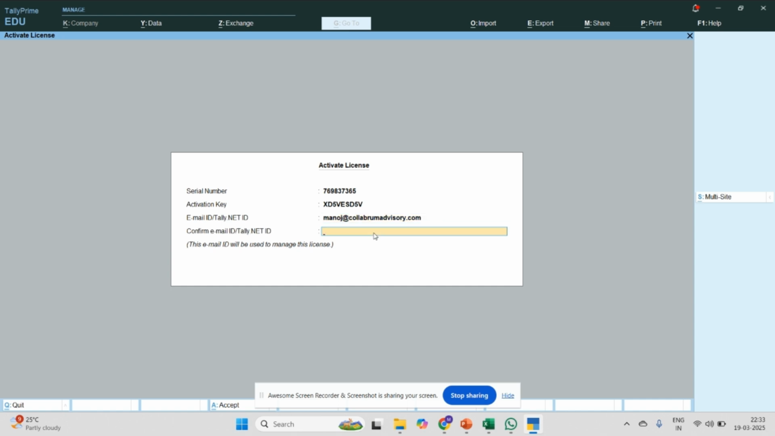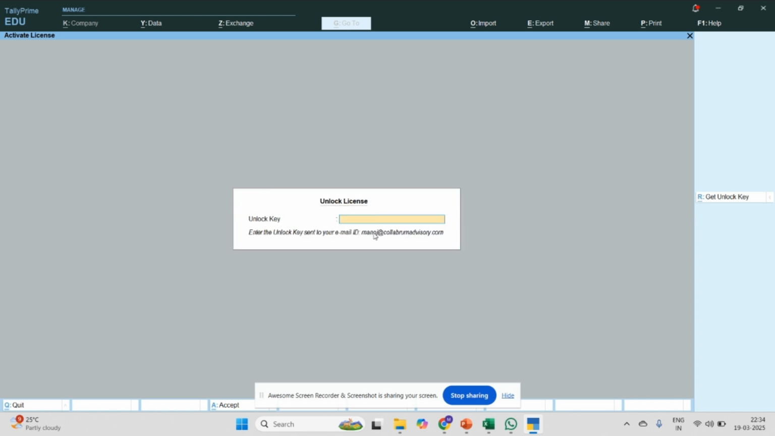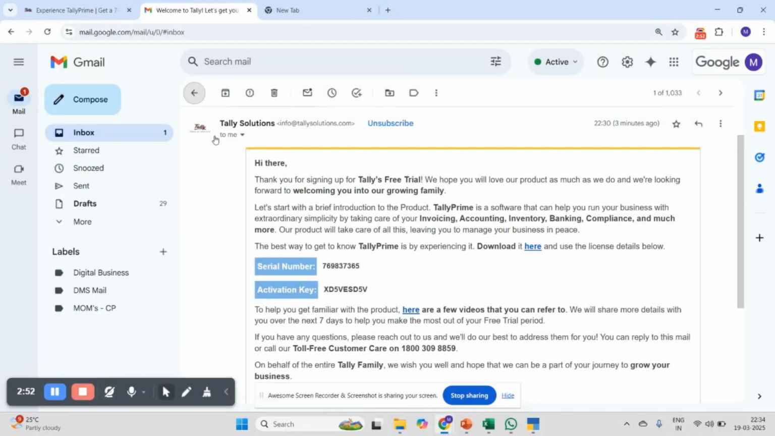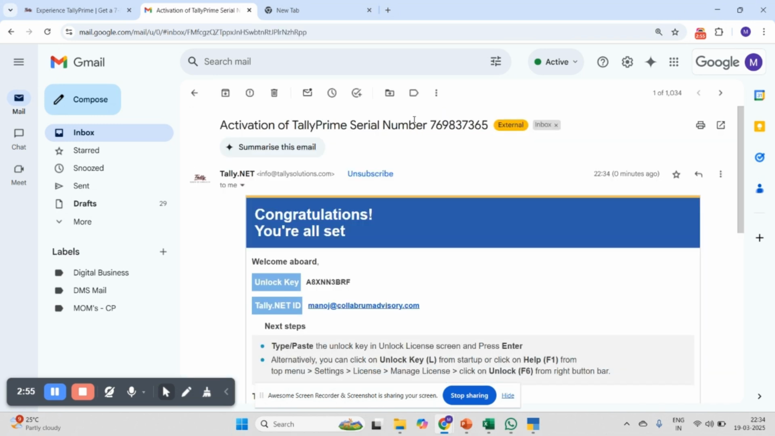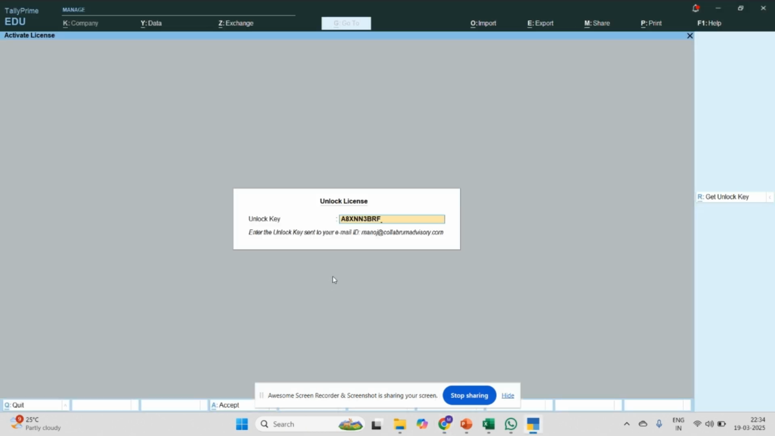I click on enter. It's asking for confirmation of the same email ID. No worries, I can type it. This is the confirmation email ID. Click on enter. It is just processing the information which I have entered. It is asking for the unlock key. Enter the unlock key sent to your email ID. Let me go and check whether they have sent the unlock key or not. Oh my goodness, yes, absolutely. They have sent an unlock key as well. I will copy this unlock key and paste it here. Once you click on enter,